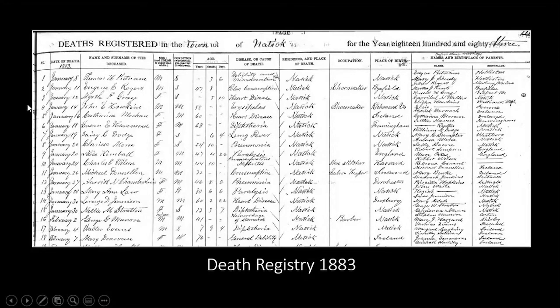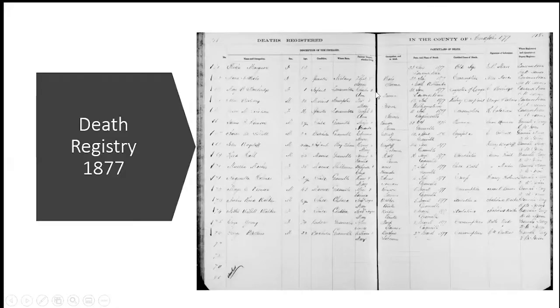Now, the first one obviously died at 3 years, 2 months. And again, it talks about inabilities. And then the second one talks about consumption for Eugene Royals. So again, it gives you some insights in terms of who these people are. And Eugene was a shoemaker, talks about where he was born.